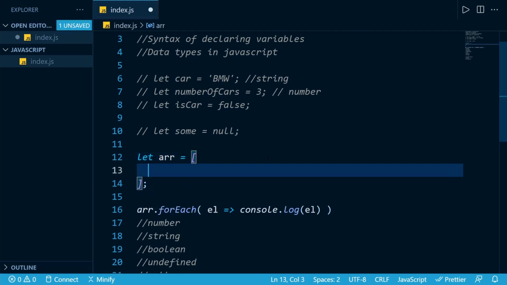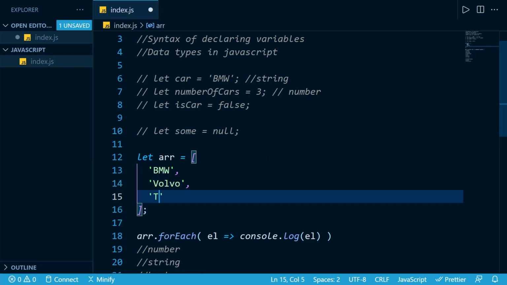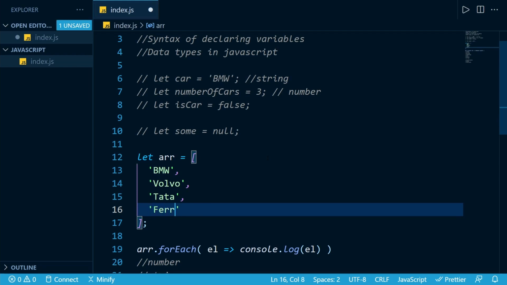For example, we may want to store different car brands. So we can store something like BMW, but we also want to store another name which could be something like Volvo. Now I do not know if they are different brands or something, but we can also have something like Tata, and we can have something like Ferrari.